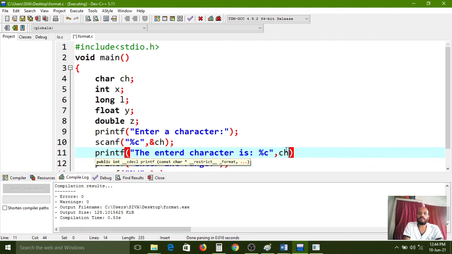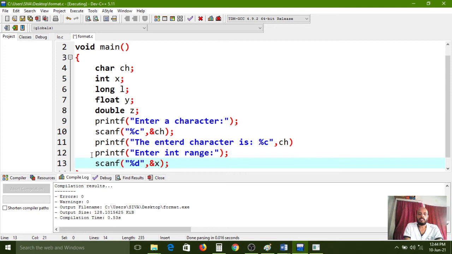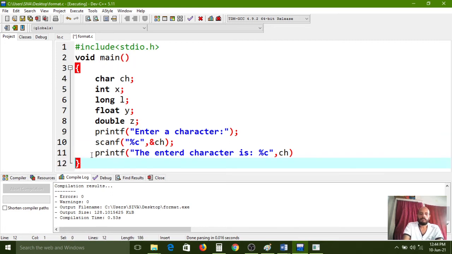Printf function, first it collects the value. So here carefully observe, first the printf function, the second value you can remove this one, then only you can understand. So, please enter a character, first it will print that message. After reading that message, immediately the user wants to enter input. For taking the user's input, we have to use the scanf function here.